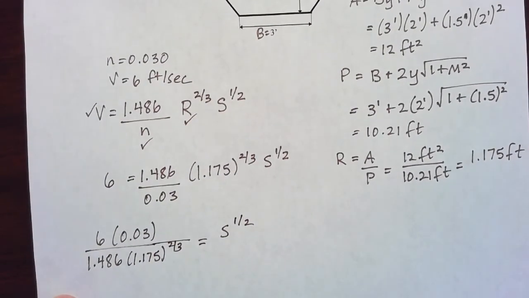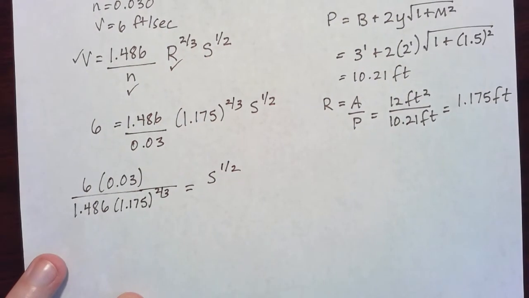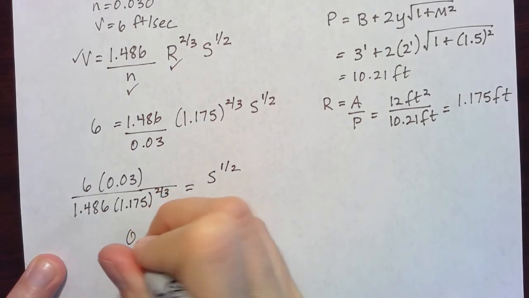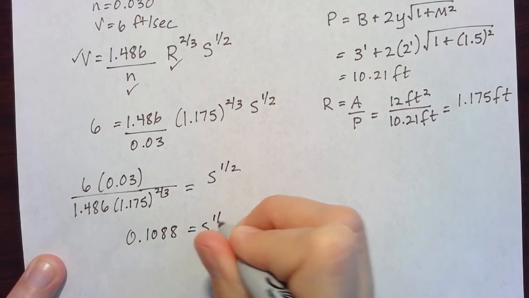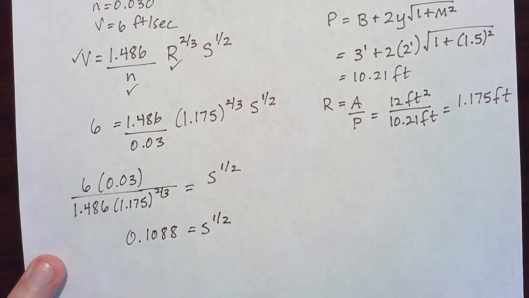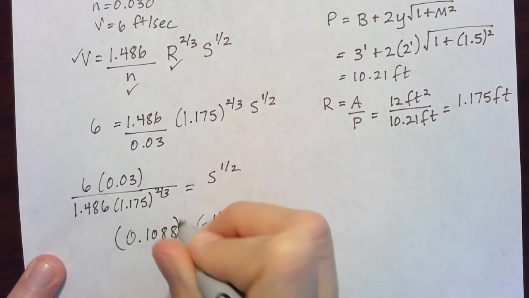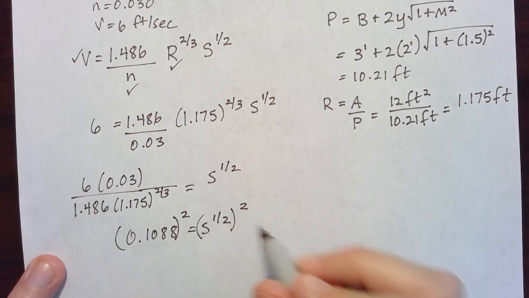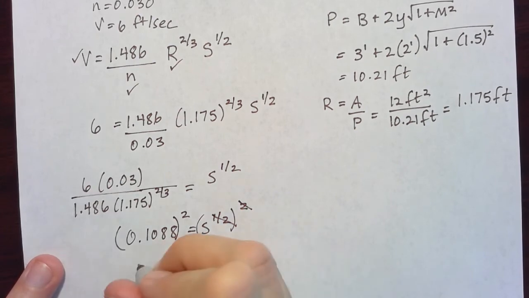All right, after I do that math, I do wind up with, slide that down so you can see it, 0.1088, and we'll say that's equal to that s to the 1/2. So I want to unpack that s and not have it to the 1/2. I just want to solve for s. The way I'm going to do that is square both sides. Okay, that s to the 1/2 squared, those cancel each other out. I wind up with s on this side, and then if I take that 0.1088 and square it, I wind up with